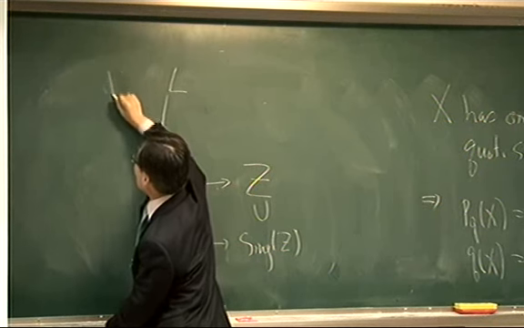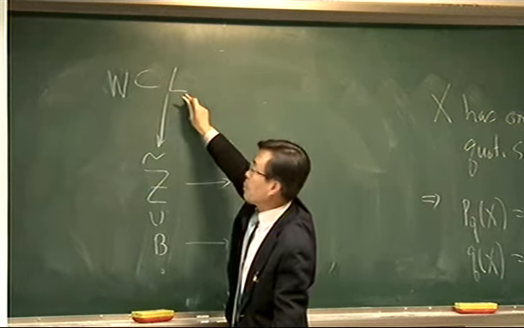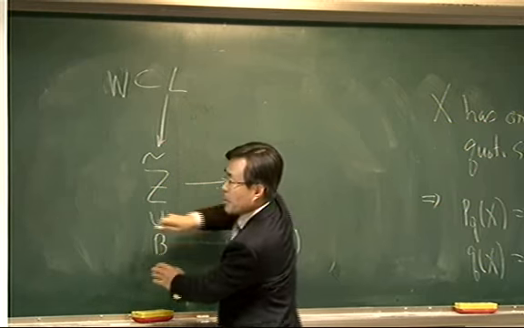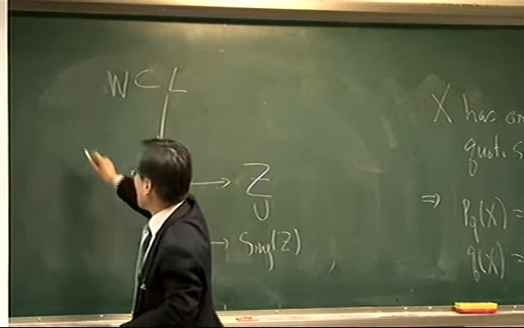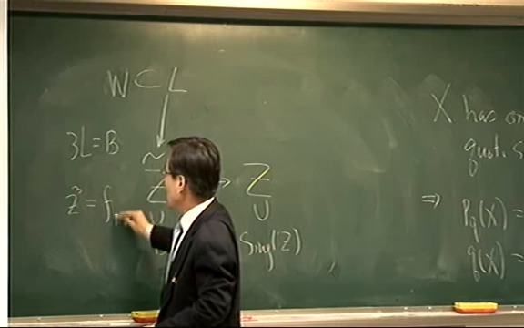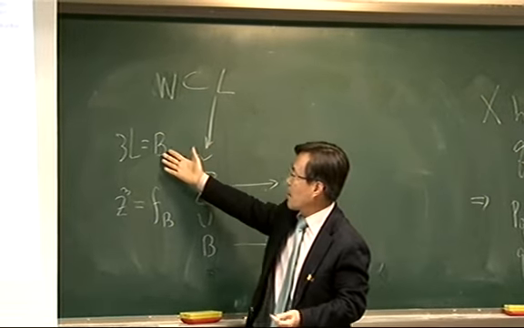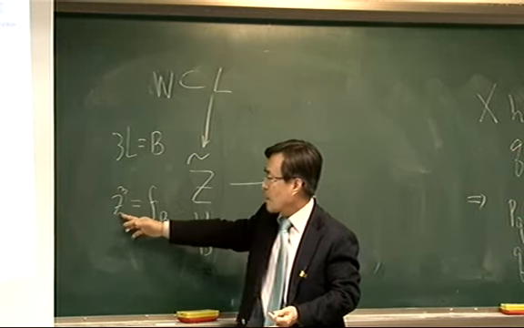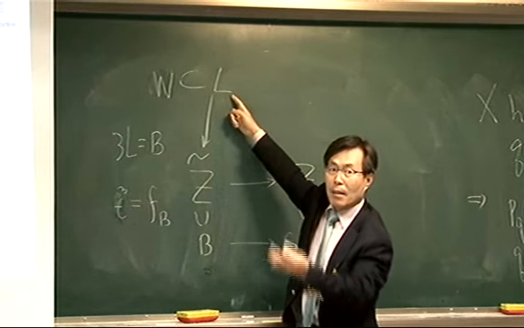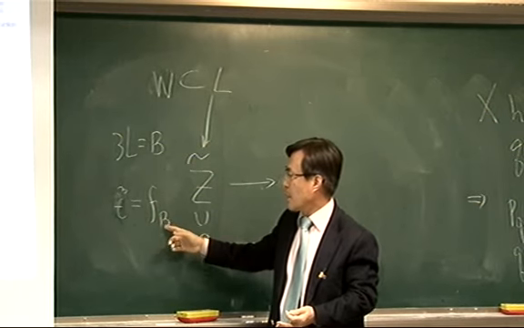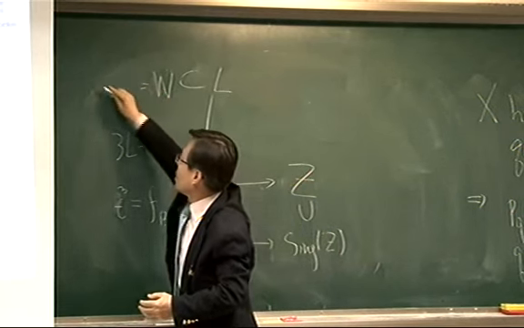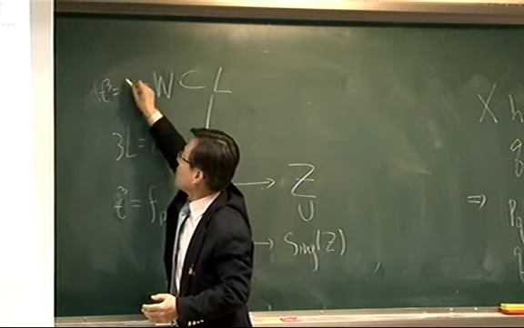So if you view this line bundle as a total space over Z tilde, here we assume 3L equals B. So locally, you can think of the defining equation of B, and then T is the coordinate of L. So you can think of this triple cover branched at B. So W is defined by this, and W is locally